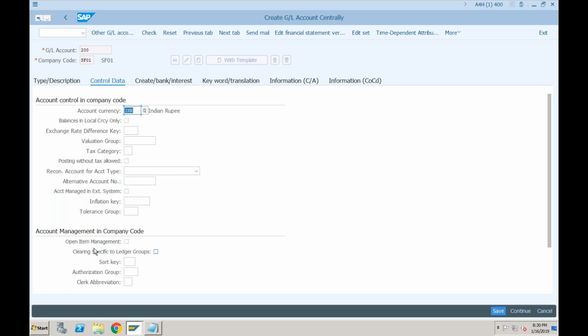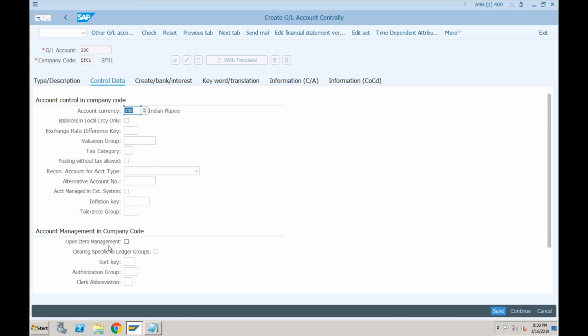Okay. And it was a must for clearing accounts, all the different types of clearing accounts: GR/IR clearing account, check clearing account, bank clearing accounts. So for all the clearing accounts, it was a must. Line item display as well as open item management, we were using for all types of clearing accounts. So open item management is available as it is.